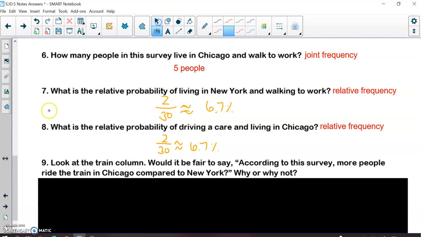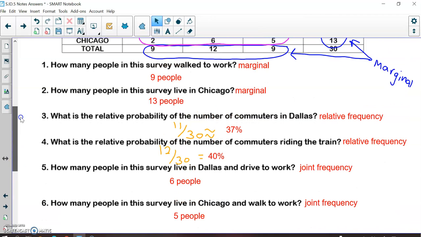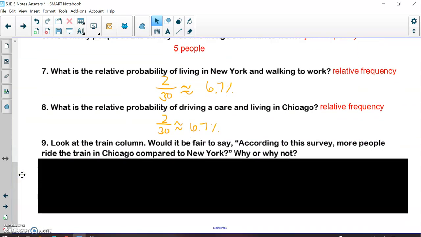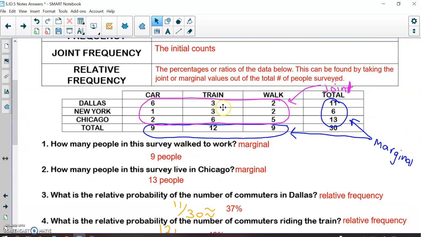All right, so that's us practicing the marginal frequencies, the joint frequencies, and the relative frequencies. Now, it says for us to look at the train column. Would it be fair to say that according to the survey, more people ride the train in Chicago compared to New York? Why or why not? Well, if I look at the train column, I see that only 3 people ride the train in New York compared to 6 people in Chicago. So in my mind, I'm thinking, yeah, there's more people riding the train in Chicago than there is in New York. However, if we look